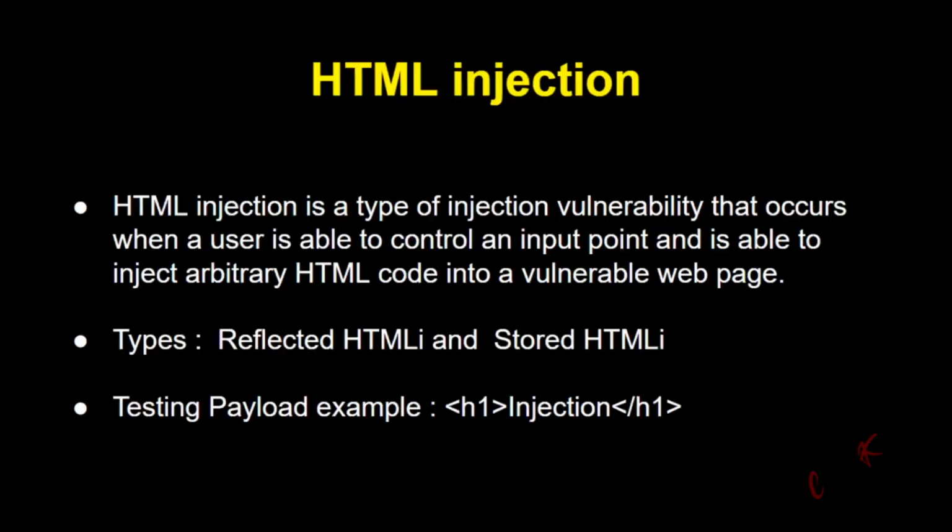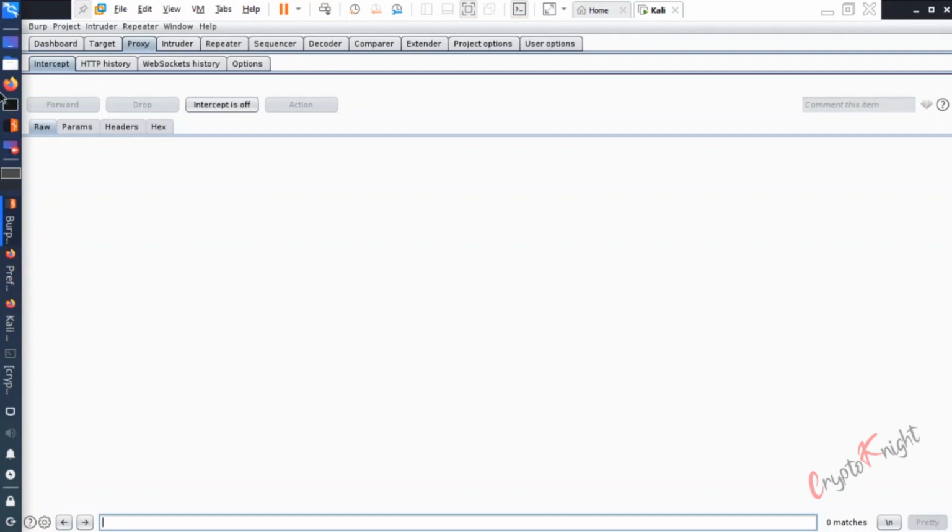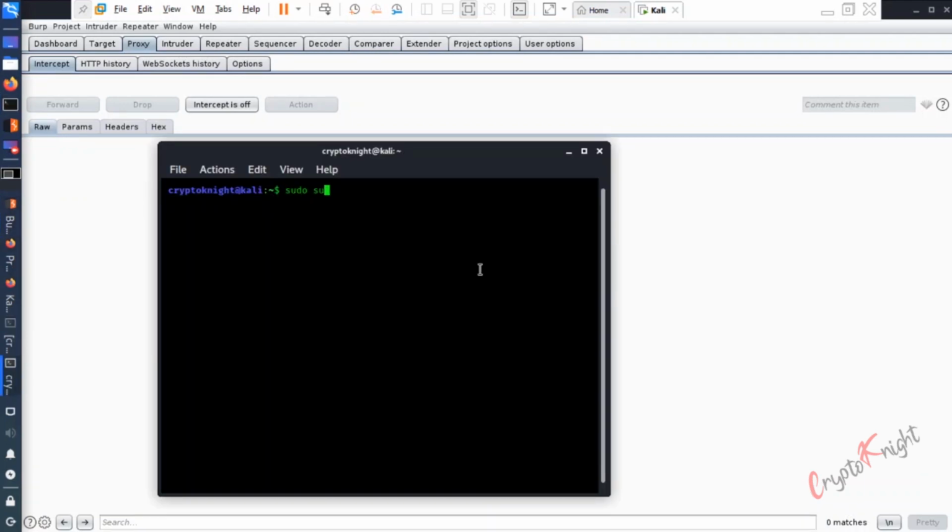Let's see a demo. Now for the demo you need to have BWAP installed. I've already told you how to do that in the previous tutorial. So now what we have to do is your Burp Suite should be on and configured, and open the terminal. Now first I will become the root user. Now what we will do is service apache2 start. So we have started the Apache server on our localhost, and service mysql start. So we have started the database service also.